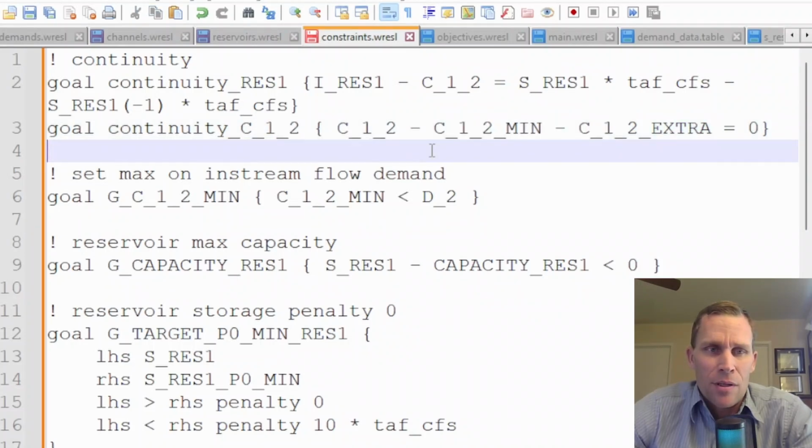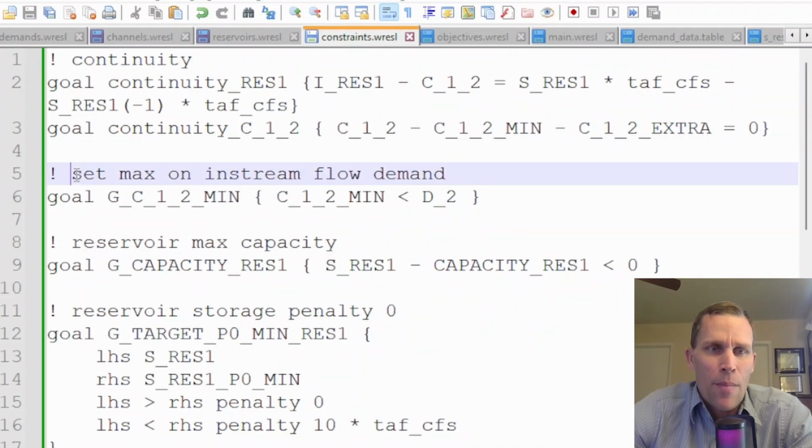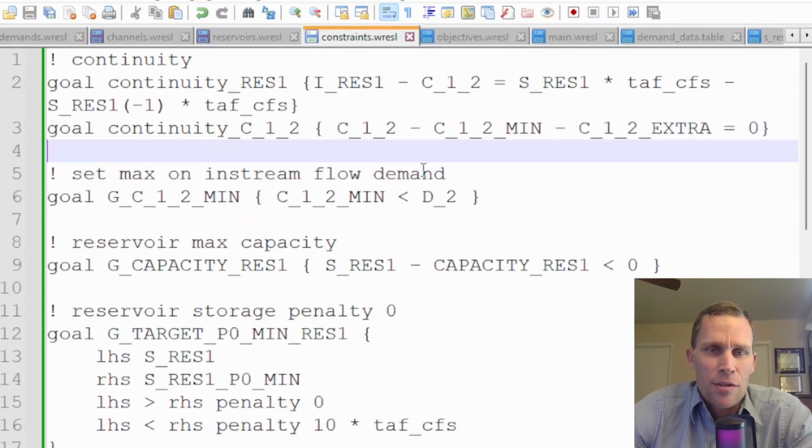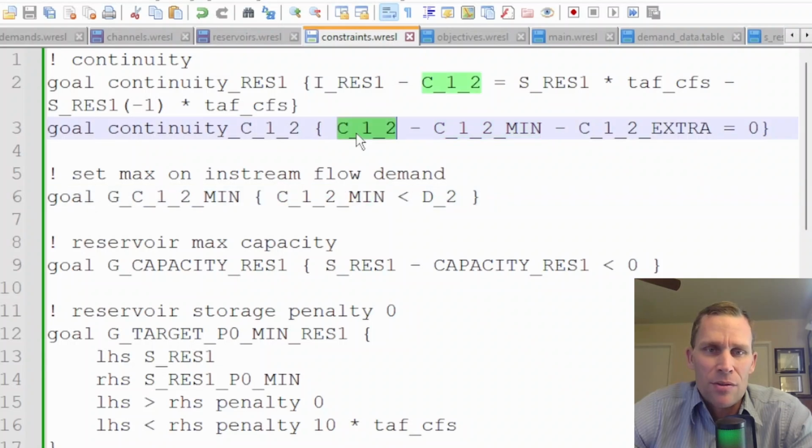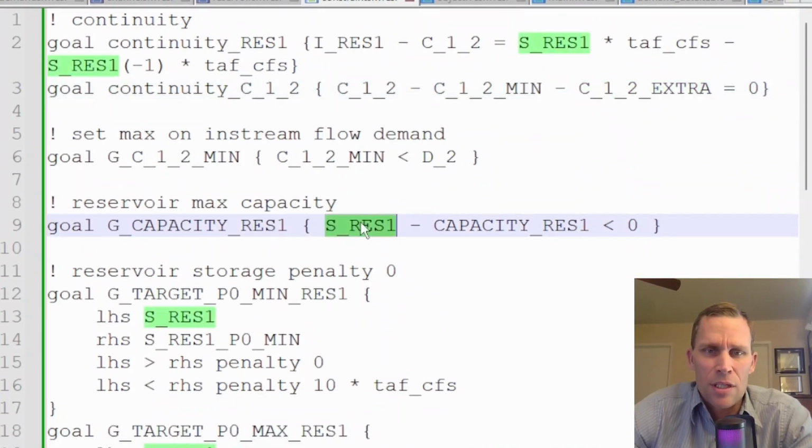That's kind of up to the discretion of the modeler, but this is just how the RIMS folks have done it in their Springfield example, so I'm just following suit. Next, we have a max in-stream flow demand. So the demand D2, which is set to 550, cannot be exceeded by the actual min, C12 min. Any flow C12 beyond the min, which is beyond the D2, is going to be classified as extra flow. All right, the next constraint down basically says that the storage in the reservoir cannot exceed the maximum capacity,